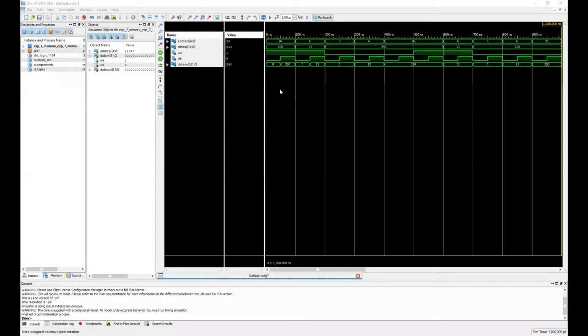So here we have the timing diagram from the VHDL test bench. As you can see, I have several inputs for the data. I mean, the data input has several binary numbers, and then I have the address to store them, and I have the data output for the output port. And also I can use the clock signal and the enable port for reading and writing the values